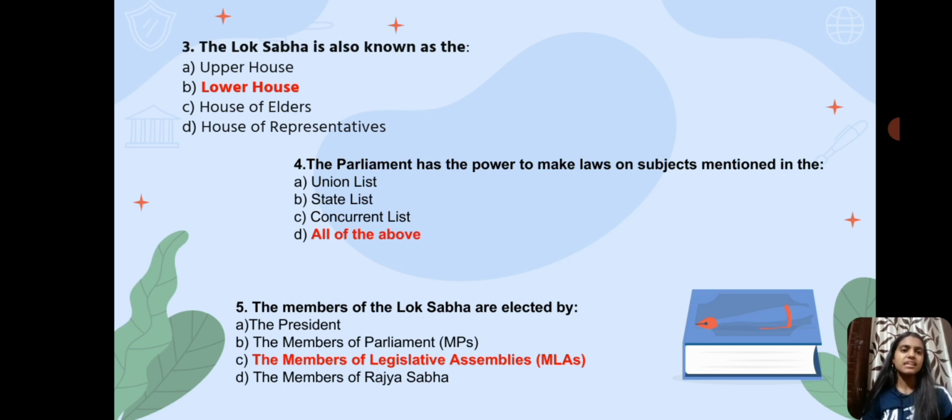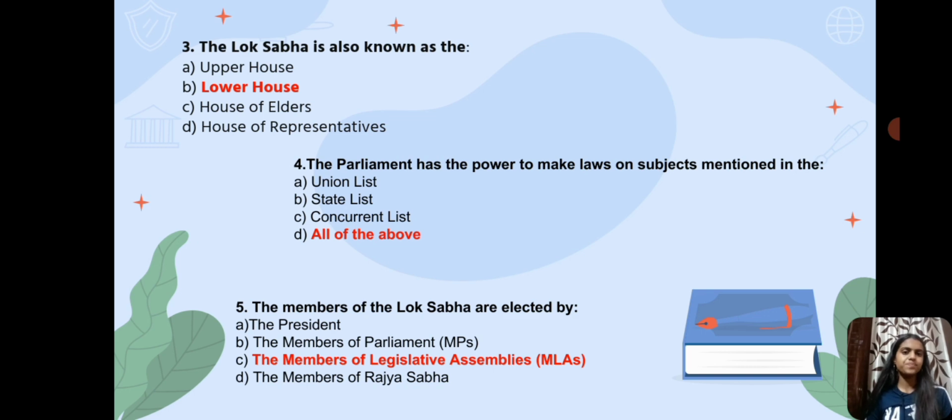The Parliament has the power to make laws on subjects mentioned in A. Union list, B. State list, C. Concurrent list, and D. All of the above. Yes, the right answer is all of the above. The Parliament has full power to make laws on the subjects which are mentioned in the Union, State, and the